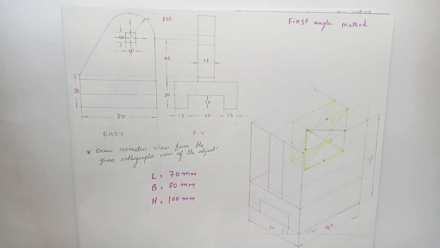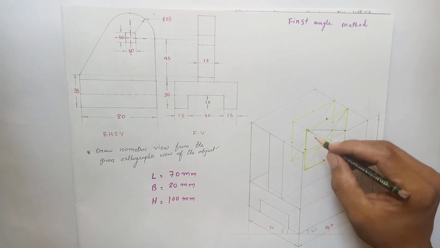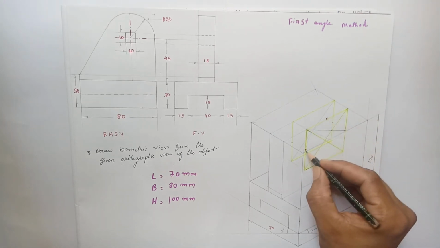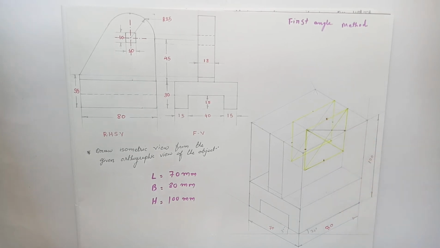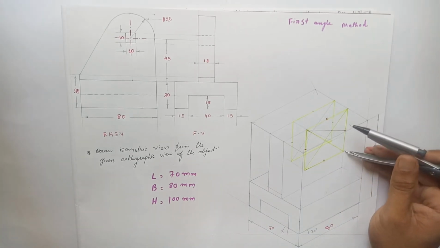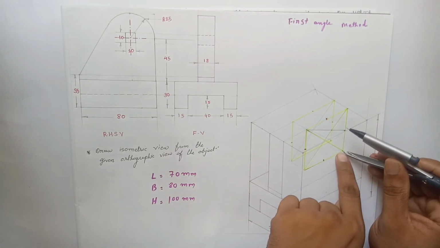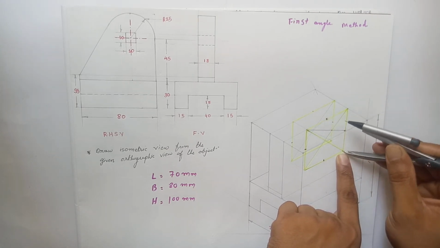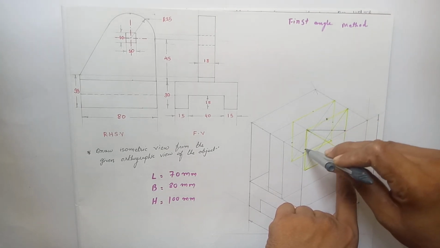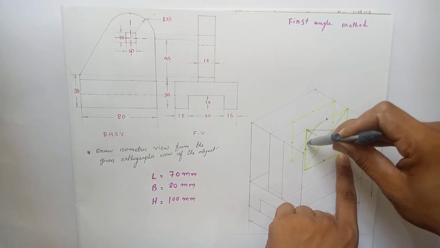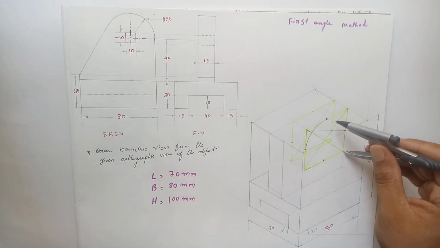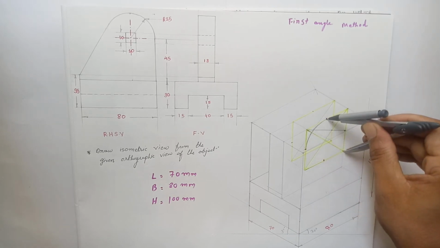Now follow the method to draw the circular arc or circles in this rhombus. So first of all we have to join the diagonals of the rhombus. We have to find the midpoint of each edge of the rhombus, and from the opposite edge or the shorter edge, this will be the first center, as we are going to follow the four center method to draw the arc. Measure this midpoint, give an arc like this, and we have to draw the semicircle only. So here draw only the semicircle like this.